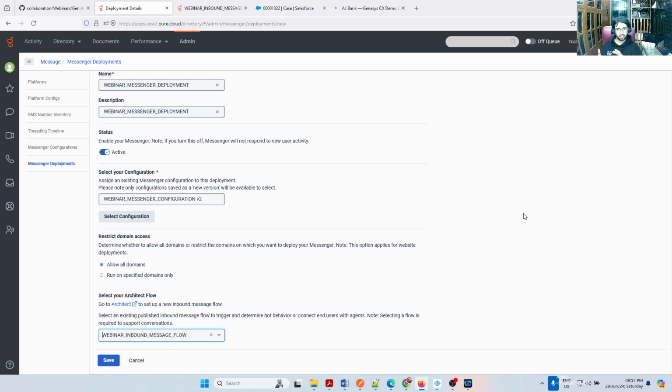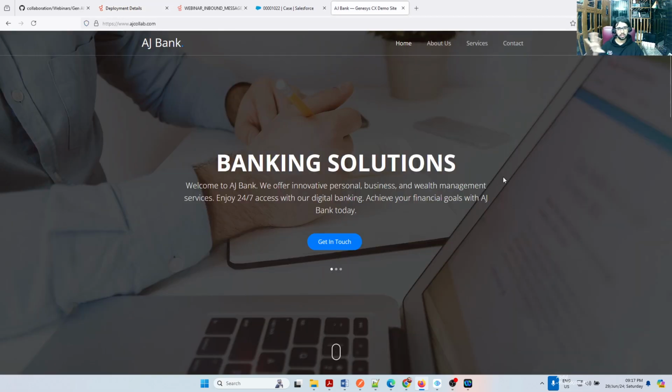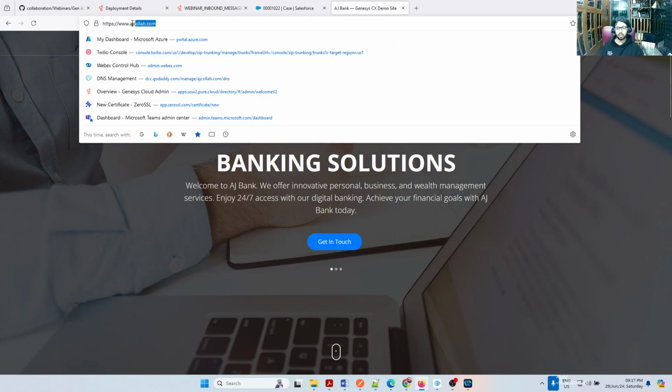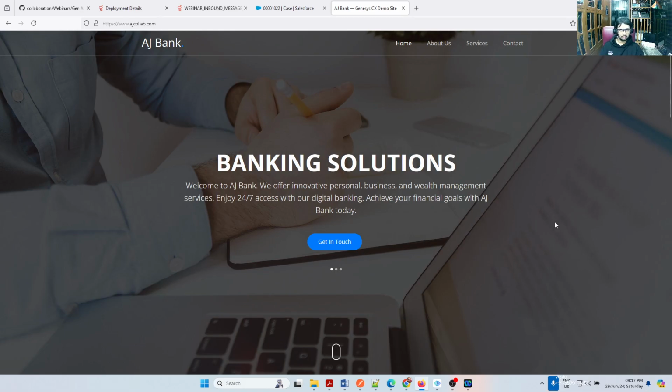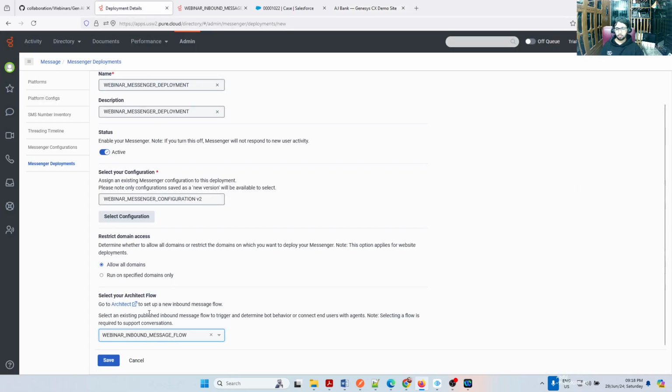So in the deployment, you need to add the chat window configuration and the real logic configuration. You are tying up these two things together. And by the way, the website is ready here. So this is the website. I'll be adding the chatbot. Right now it is not there. So I can add this domain in the domain name so that the bot will only appear here, nowhere else. If I give all domains, the bot will be free. I can deploy it in any other website as well. Okay, so I'm going to save this.